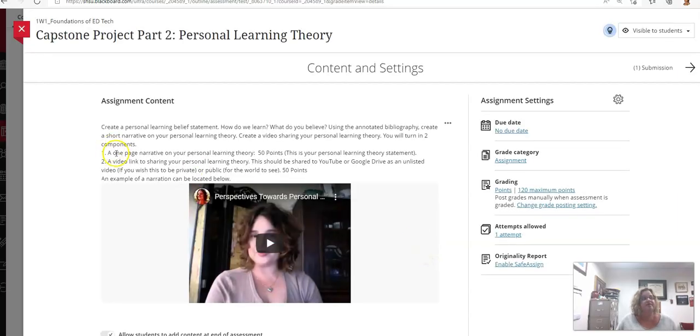It's a short statement. You're going to have a one-page narrative, and it basically is, I believe. It's an I believe statement. What do you believe about how we learn? This is just a one-page narrative, a couple paragraphs at the most. It's your personal learning theory statement. And then I want you to create a video saying your personal beliefs. Here I am back in 2012, 10 years ago, I did the same assignment, and I talked about constructivism. So you can watch my video, but basically that's the final takeaway.